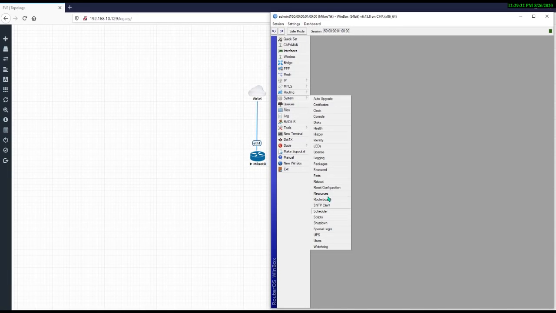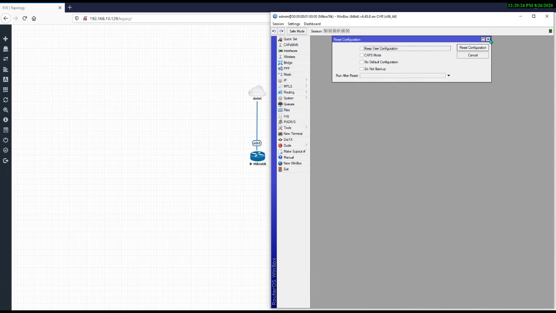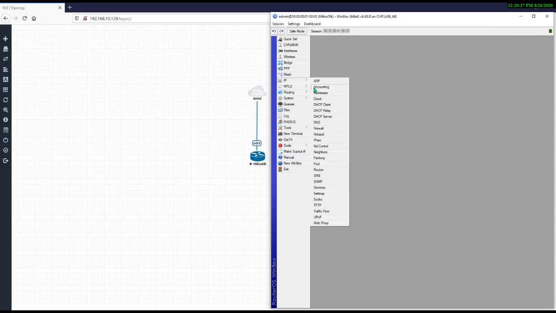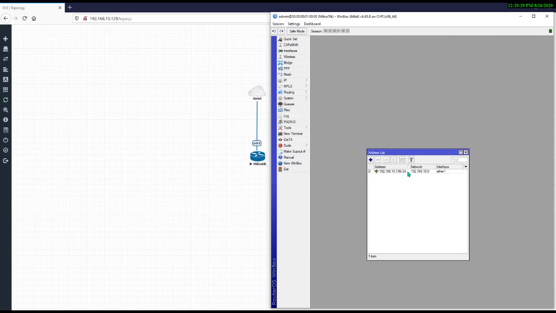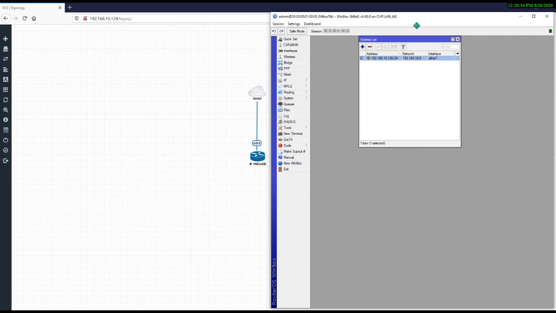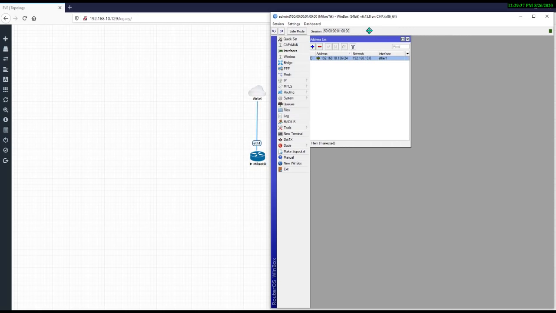First of all, I will reset this MikroTik because it has some default configuration, like Ethernet 1 already has a DHCP client created. So I will show you from the basic configuration. I will create all these things so that you can understand how to create a DHCP client in your MikroTik, how to configure the WAN interface, LAN interface, NAT, and upgrade the MikroTik. We will cover all these things and how you can get access in your browser. I will let you know everything.